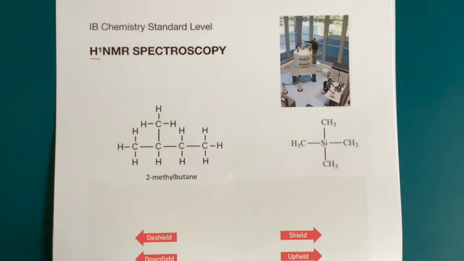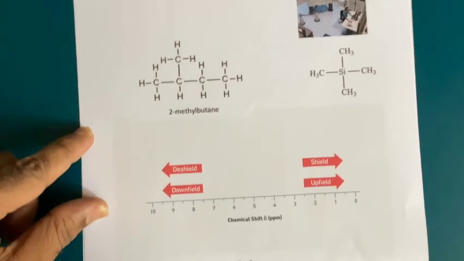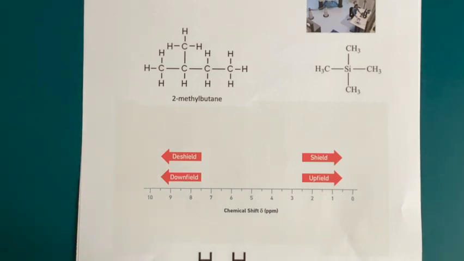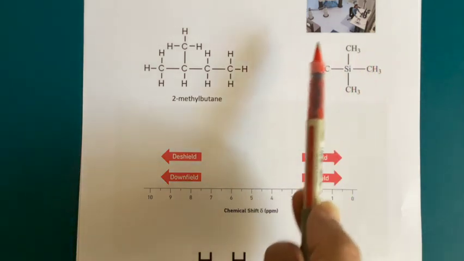Now, students of IB chemistry do not have to explain the workings of the NMR spectrometer. What you do have to do is to understand the language that's associated with the interpretation of the NMR spectrum and how to interpret the NMR spectrum. So a good starting point to get an idea of what's meant by de-shielding and shielding and upfield and downfield is to look at the standard molecule